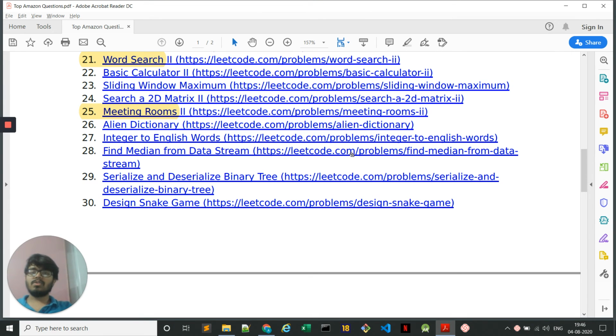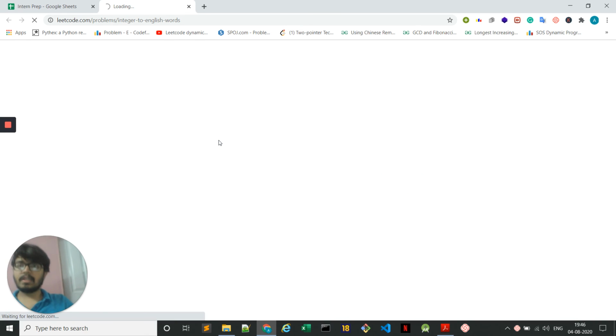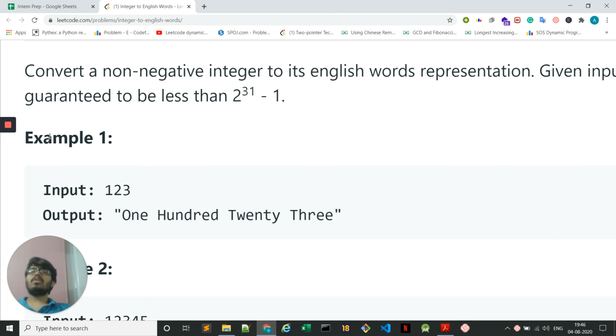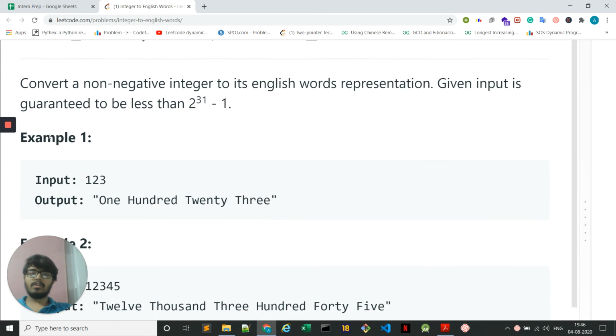Hi guys. So we'll start with the next problem in the series, integer to English words. Convert a non-negative integer to its English words representation. The given input is guaranteed to be less than